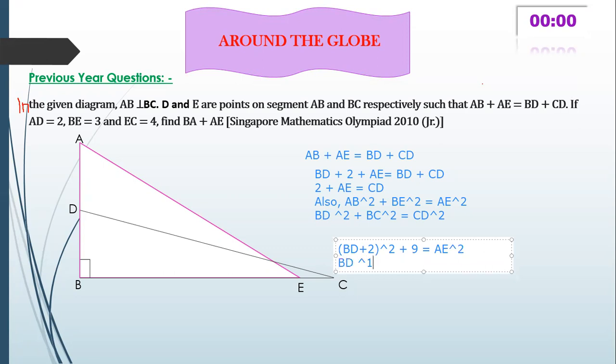Second equation. See, second equation. Now you will observe a pattern, and you will be surprised that it was a very simple problem. See, BC is equal to BE plus EC, which is 3 plus 4, 7 squared. So 7 squared is equal to AE plus 2 whole squared. I know it may be somewhat boring because this is somehow lengthy. Are you feeling bored? Please write in the chat.